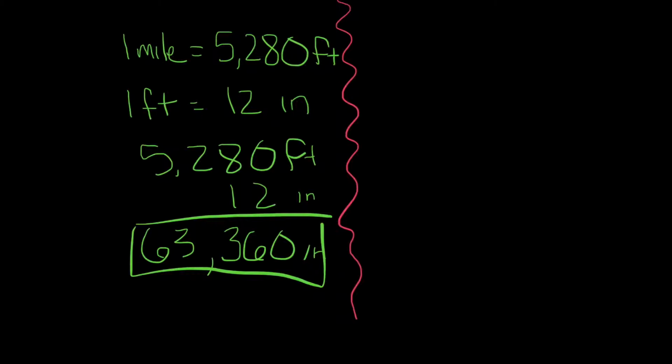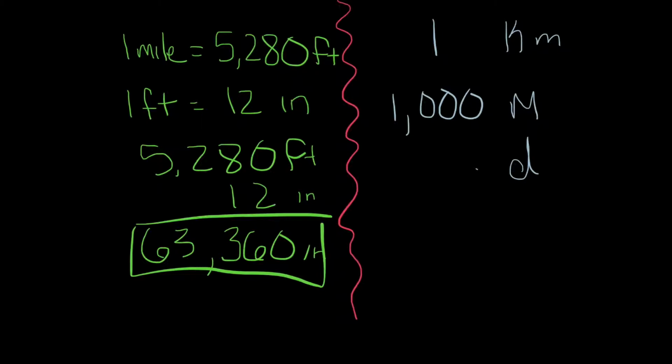All right? Now, let's compare it to the metric system. Now, let's take the largest measurement we have, which is a kilometer, and let's just deal with 1. And according to the metric system, there are 1,000 meters in 1 kilometer. That's easy to remember. All right? All we had to do was add 3 zeros. Now, we also know that the smaller unit, a decimeter, there are 10 decimeters in 1 meter. All right? So 1,000 times 10,